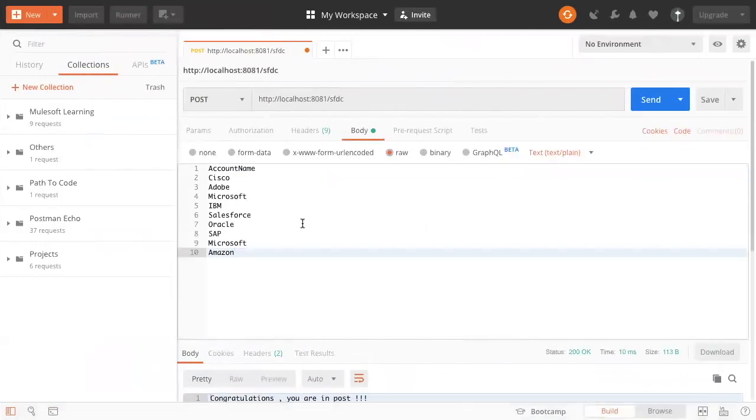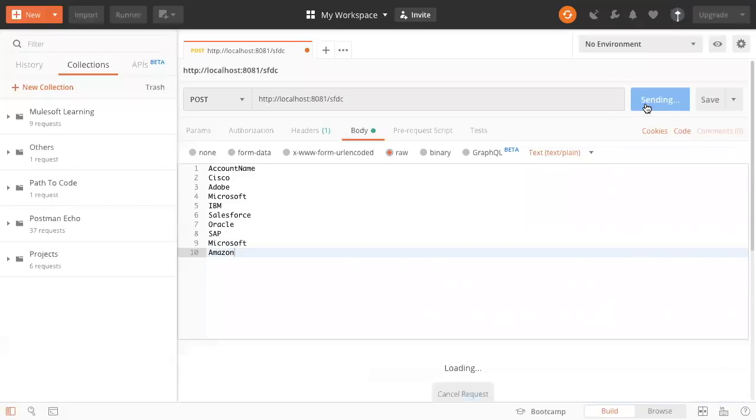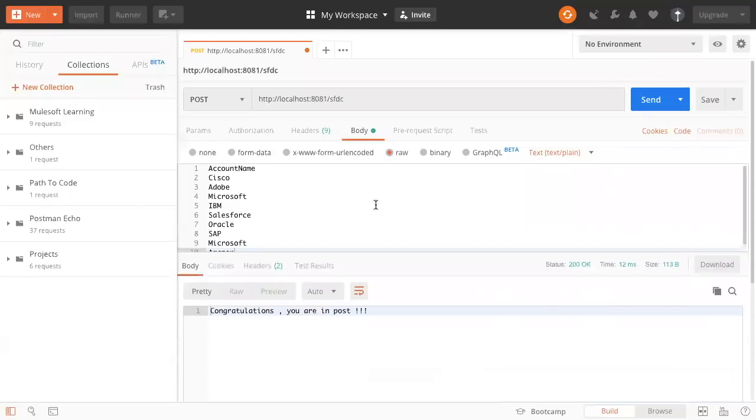So let's say this. Now what I want to do is still POST. Now I'm sending. So this is the problem I was talking about, right? How would you pass this information to the browser? Now I'm able to pass that information from Postman. I want the same information to come here. So instead of congratulations, I want this information to show up, so that it will prove that my MuleSoft is getting that. Then we will talk about what to do with that.